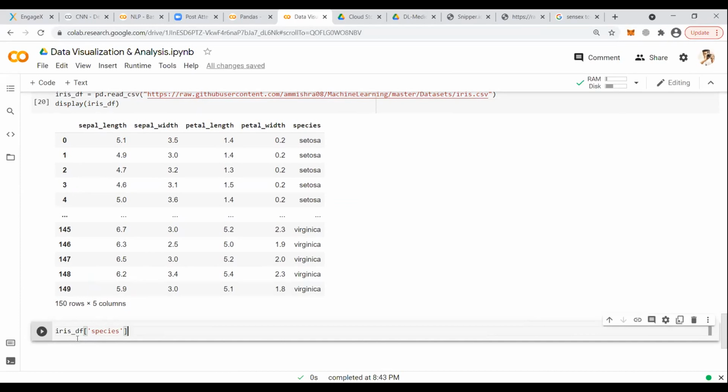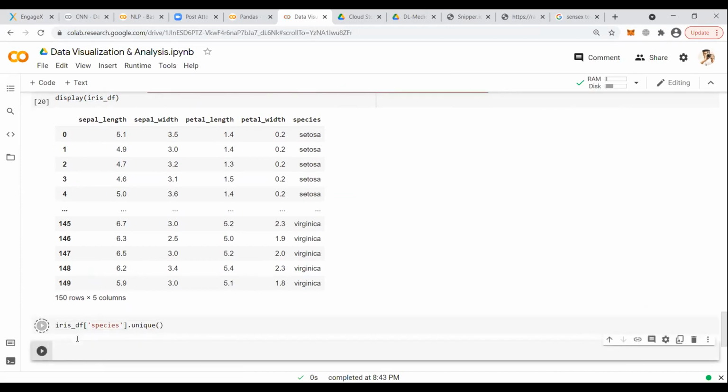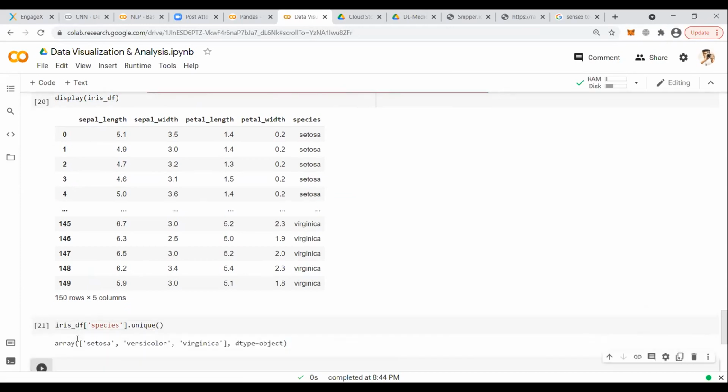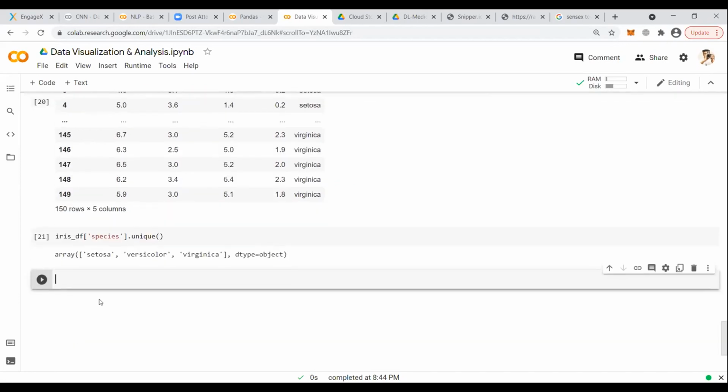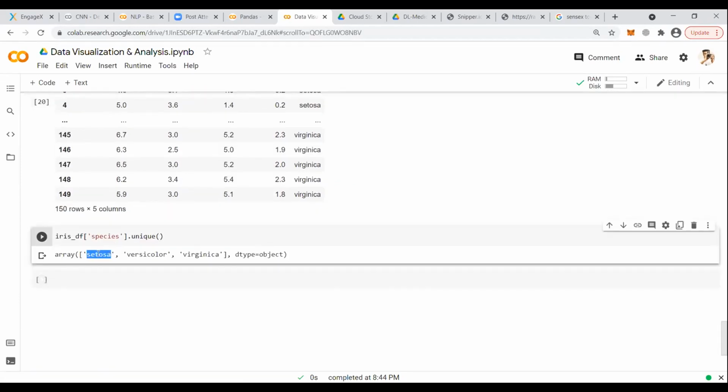Let's see what different types of species are there. iris_df species dot unique. We have got Setosa, we have got versicolor, we have got virginica. These are your three different species.